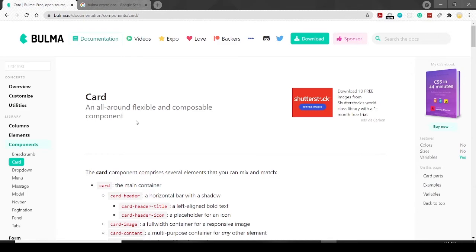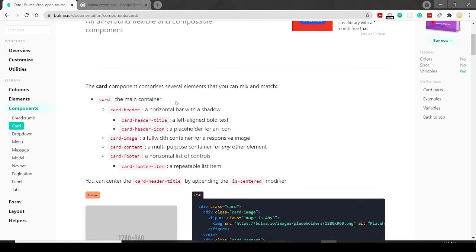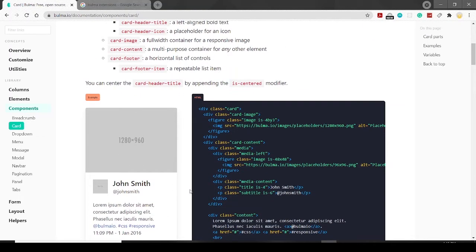All around flexible and composable component. We have done the cards in Bootstrap 2. So card main container, header title, icon, image, content, footer, and footer item. Card header title appending is centered, and centered is a modifier. You can see this one. The image, the title,